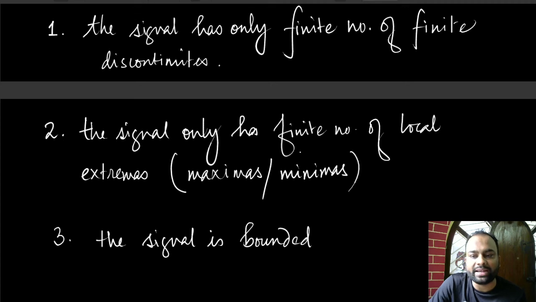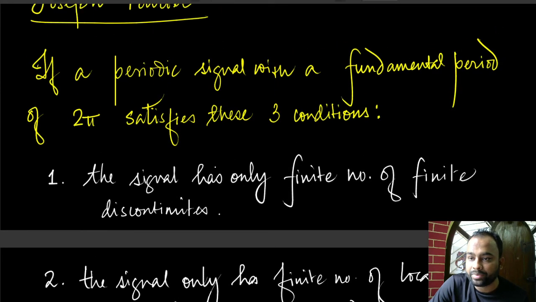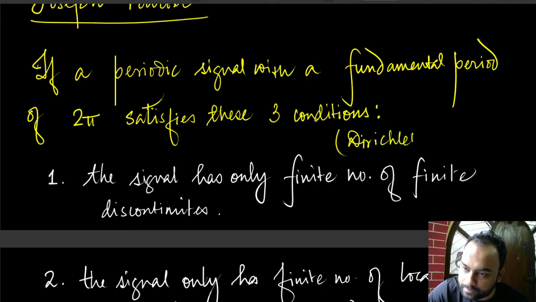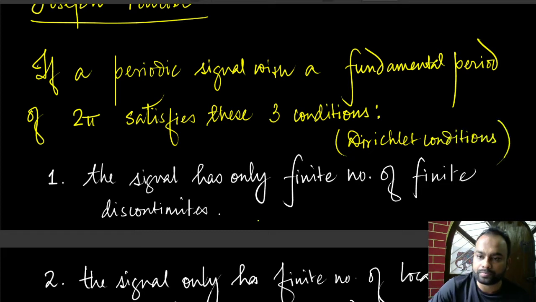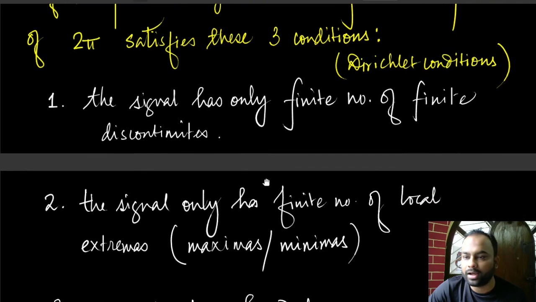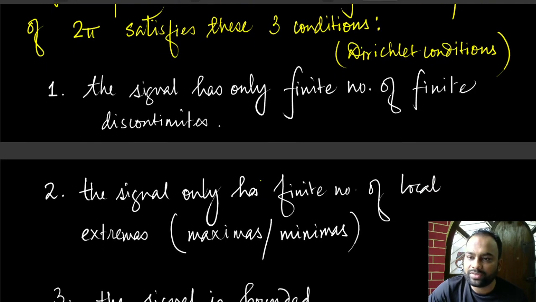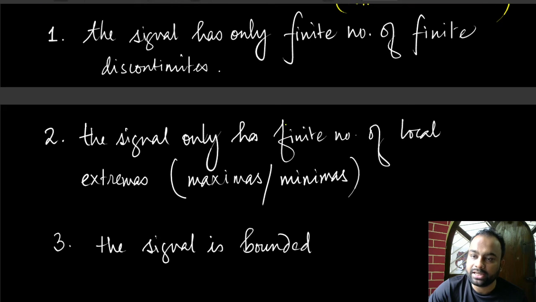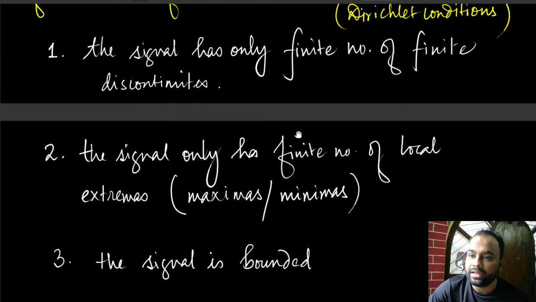And the signal only has finite number of local extremas, so it cannot have infinite number of maximas and minimas. If these 3 conditions are satisfied, these three conditions actually do have a name. These conditions are known as Dirichlet conditions, named after a mathematician called Gustav Dirichlet, and Gustav Dirichlet actually discovered that if these three conditions are satisfied, then